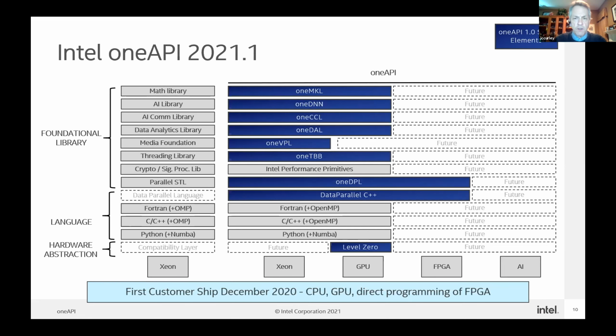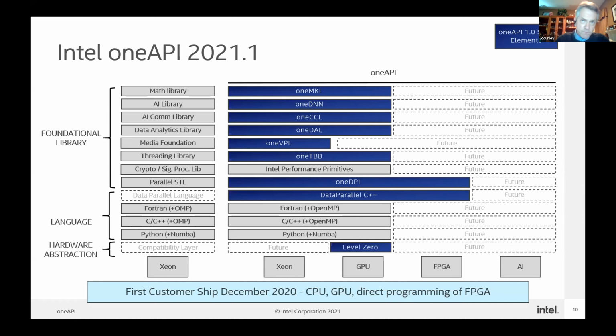I'll talk to you a little bit about the concept of toolkits. In our distributions, we also include some things that are not part of the open industry specification yet: Python and Numba, and our standard Intel C and C++ compilers with OpenMP. We have part of the OpenMP 5.0 and 5.1 spec implemented today. Over the course of the year, we will continue that, and by the end of the year, we'll have the complete specification ready to intercept our own GPU, getting ready in advance of our own discrete GPU offerings and with our own integrated offerings.